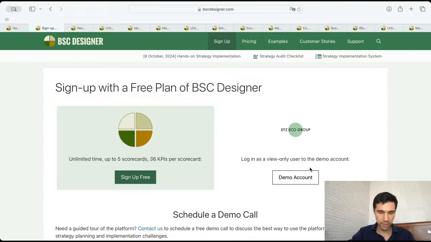Try the demo, but then it has only the view option, correct? No. If you go to the demo account, you can only view, but you can sign up with your free plan, and basically you can play with it, and many companies actually create the prototype of their scorecards there. Okay, another question. Would I be able to make changes and check the results in the dashboards? Yes, absolutely. So you go for this option, you sign up, and